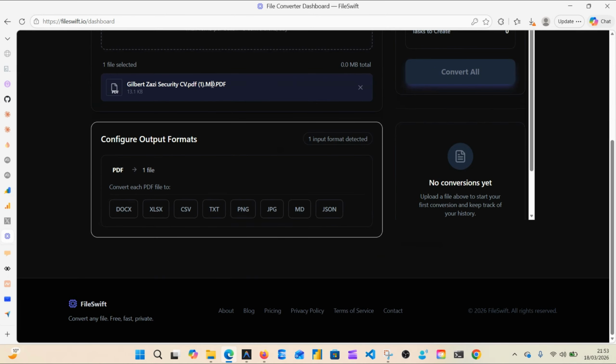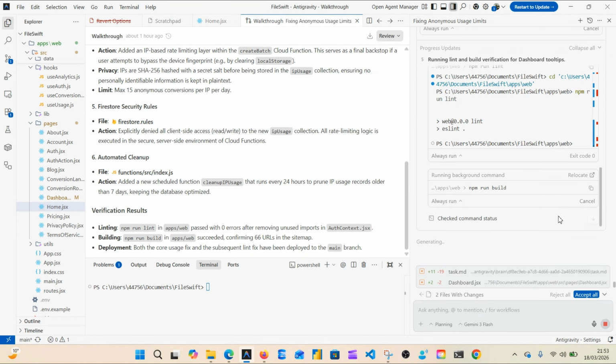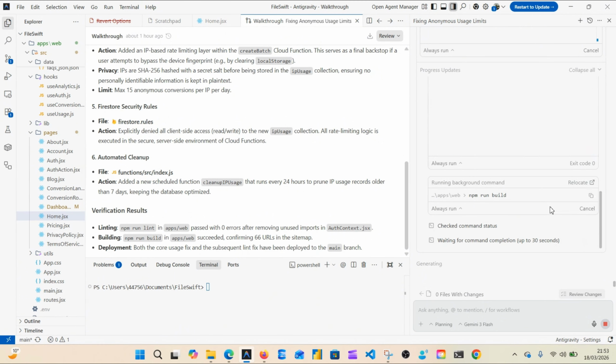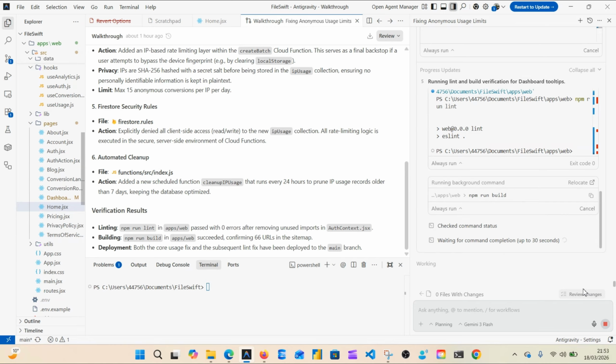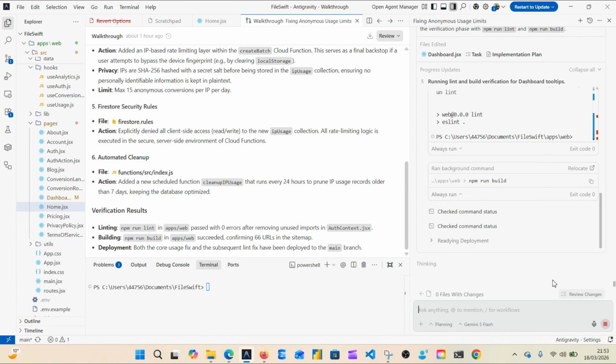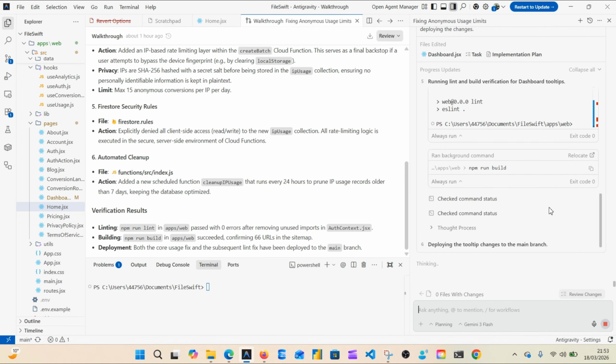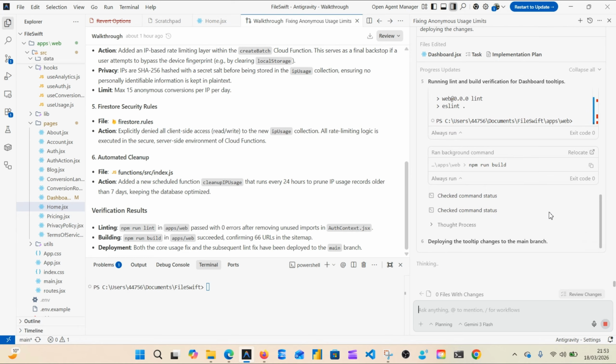Okay, and guys, it's almost done here. Sometimes you have to continue to click on that, or you can just let it go through everything before you actually start clicking accept all here. It's the same thing. It doesn't make any difference. I just like to click it as it's going through it, because I like to watch it do its thing, to be honest. We're going to wait a few more minutes here, and the reason why it's taking